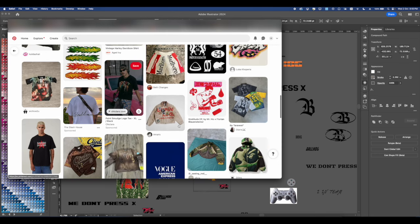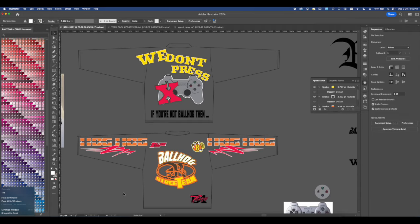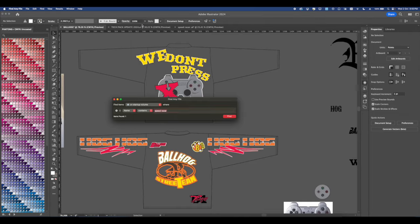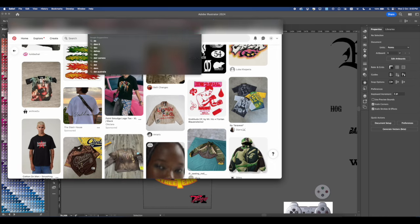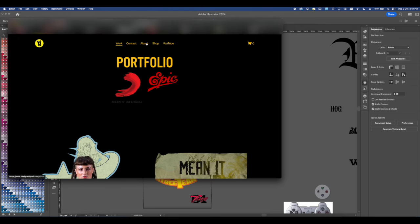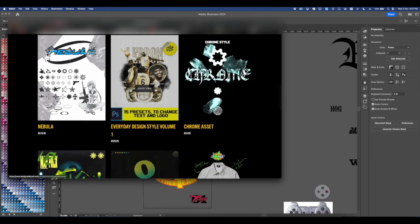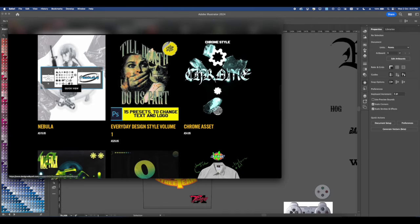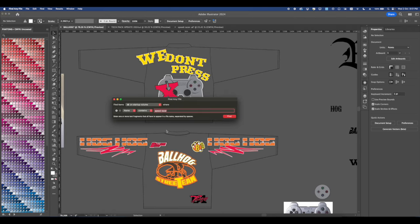Should we just put a random... I have a pack on my website. I have this pack on my website, and it has more Y2K-ish graphics. It's going to be right here. It's the Nebula pack. Should I use something from here? Let's use...